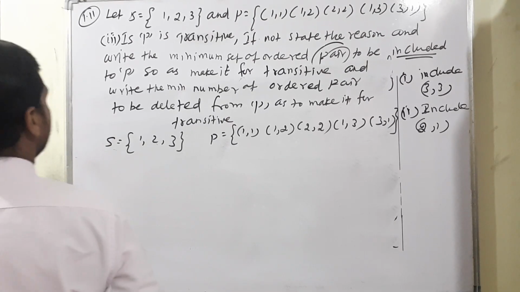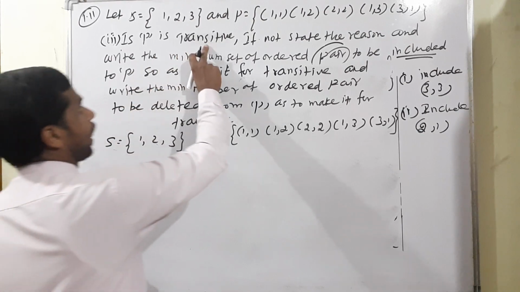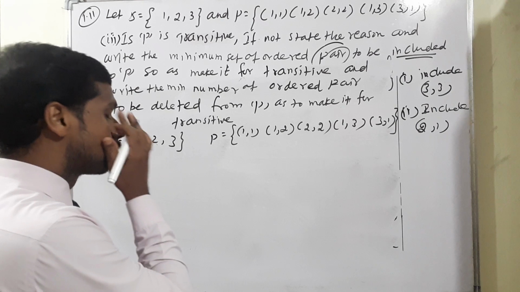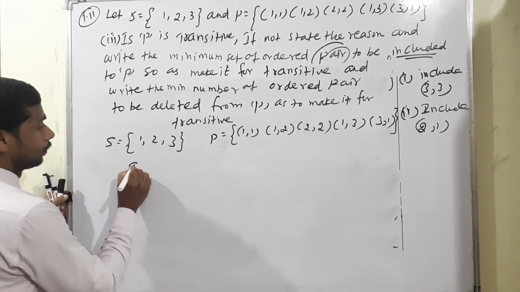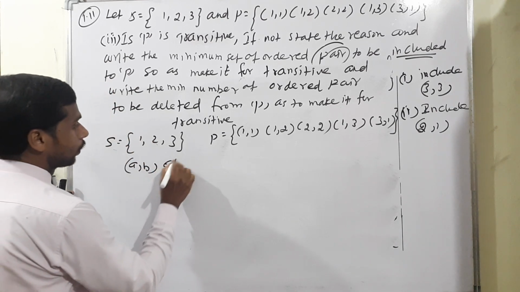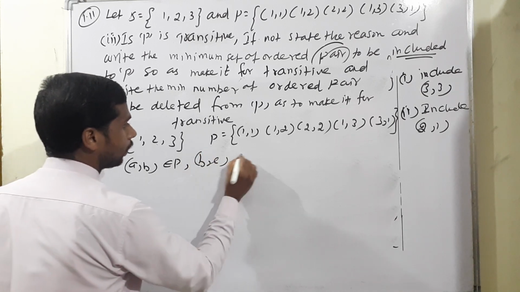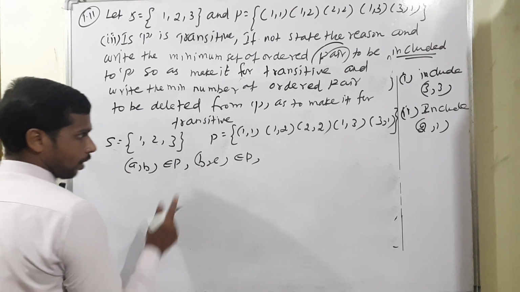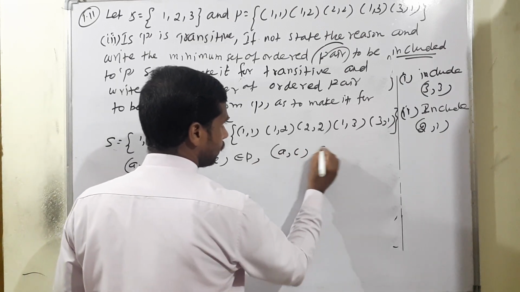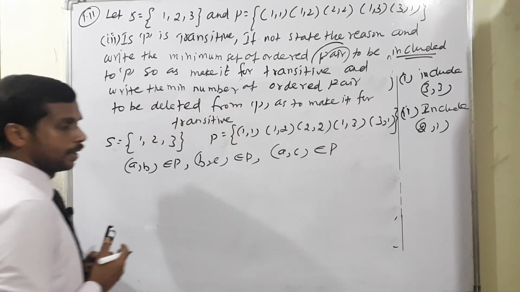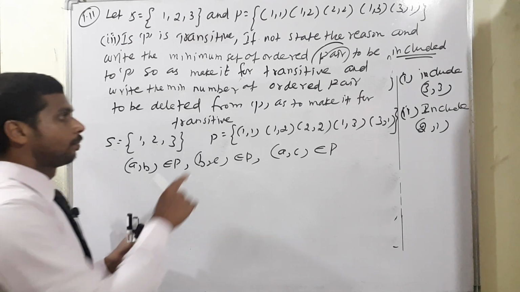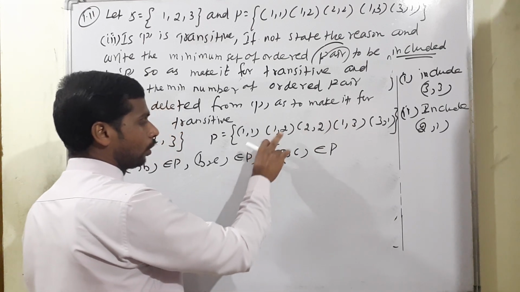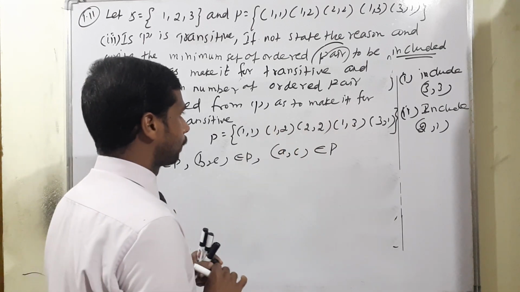Look at subdivision third. First we have to check whether it is transitive. What is the condition for transitive? If A comma B belongs to P and B comma C also belongs to P, meaning a connected pair with B, then first and last, A comma C, must belong to P; only then can we say it is transitive. Check it. 1 comma 1 is a separate pair, we can leave it. 2 comma 2 also leave it. 1 comma 2 also separate because there is no connected pair.